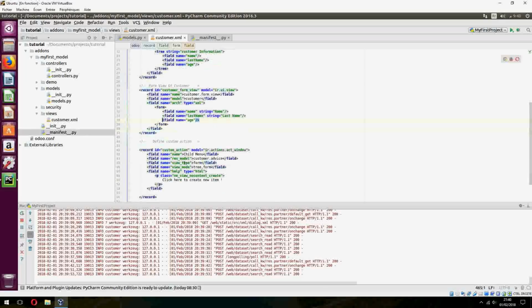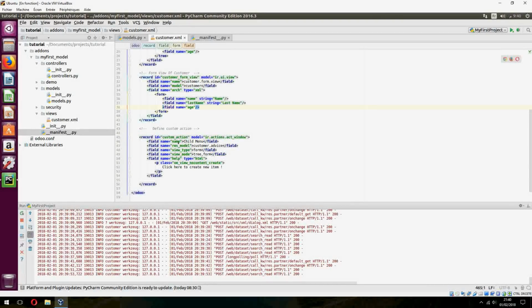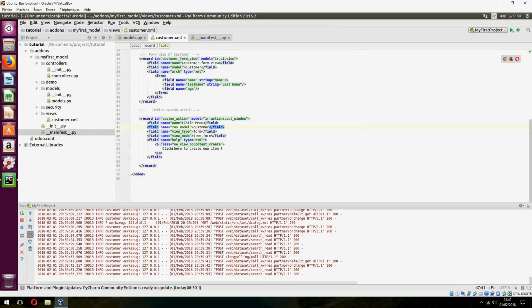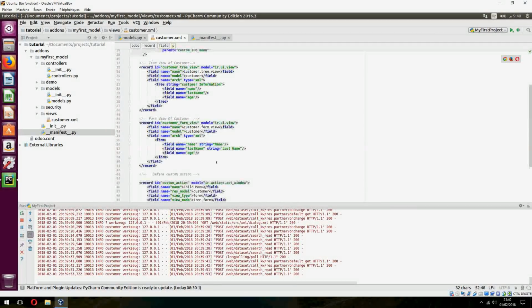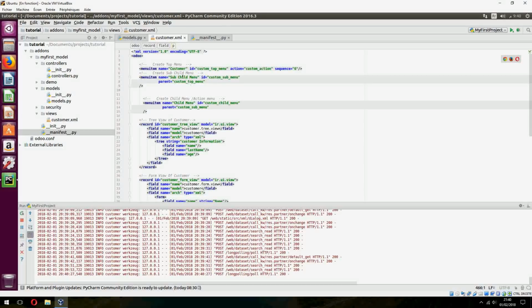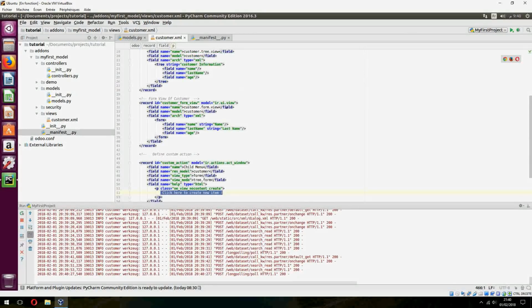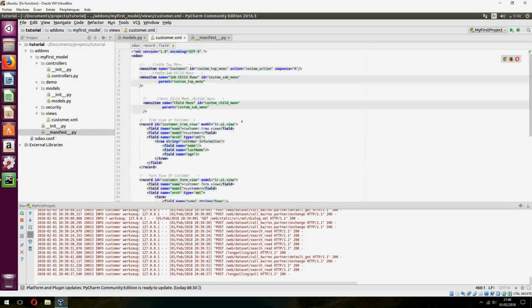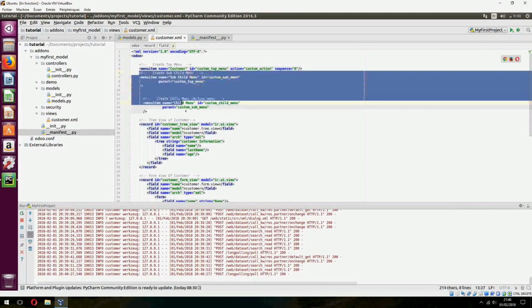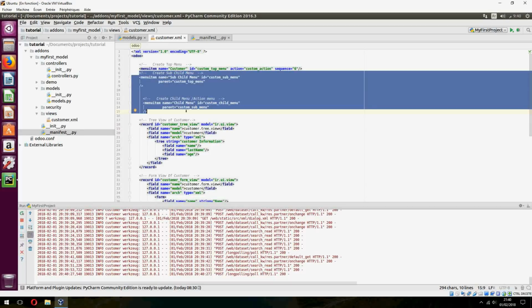Now we go to define the custom action. Okay, the custom action, field name, child menu, and the model is customer, and view type form and tree form. Field name help HTML. I had to write a sentence: click here to create new item. Okay, but let's go back to the create top menu. So the name is customer, and the custom action is this action for the tree and the form. But I don't need the child menu. I will delete it. Let's delete,